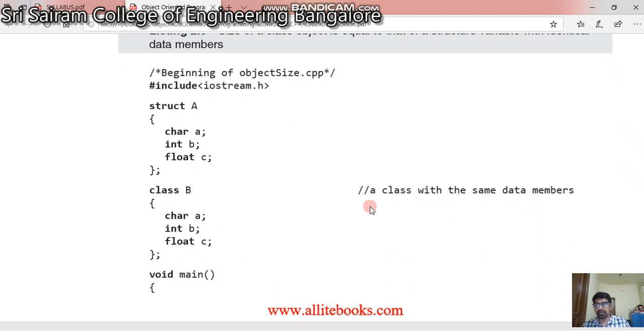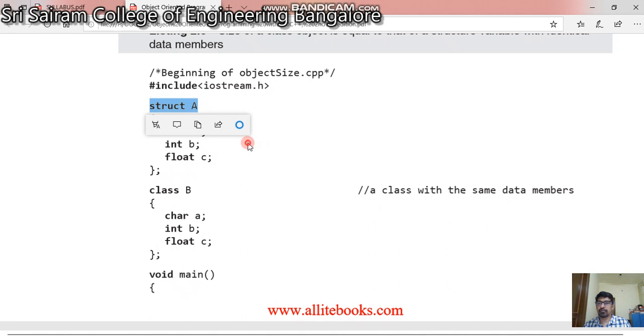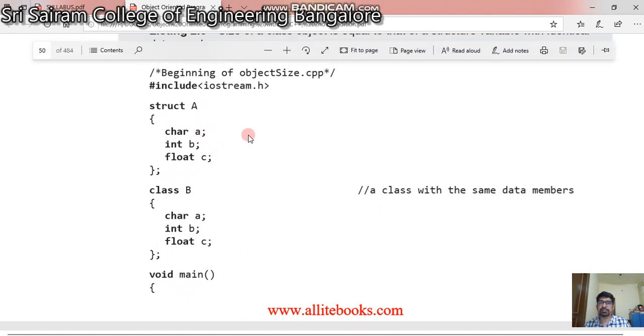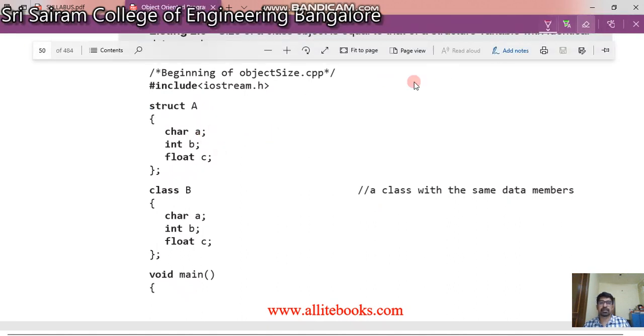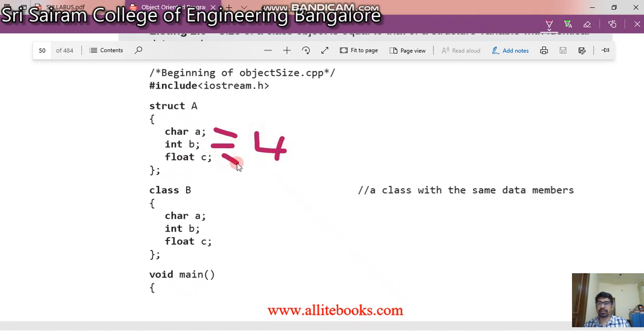Let us see a small program and check whether there is any difference. We have a structure called a, which has three variables. As you can see here, the character takes 1 byte, the integer takes 4 bytes, and the float again takes 4 bytes.